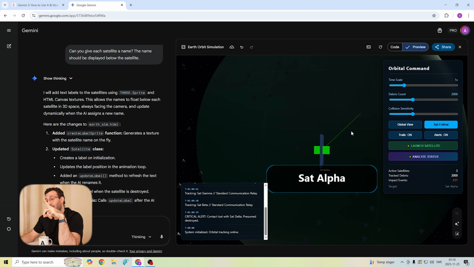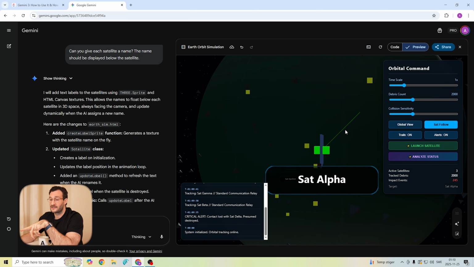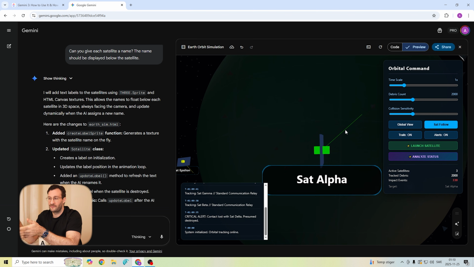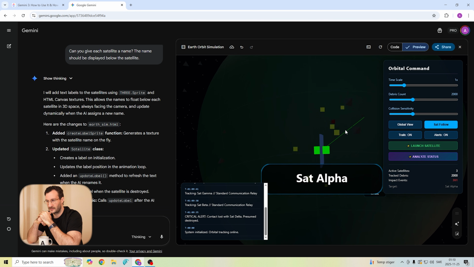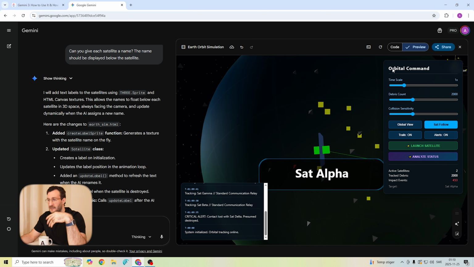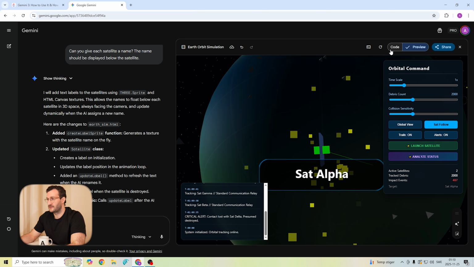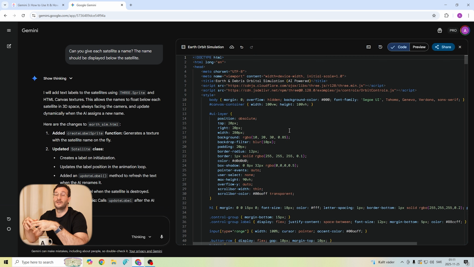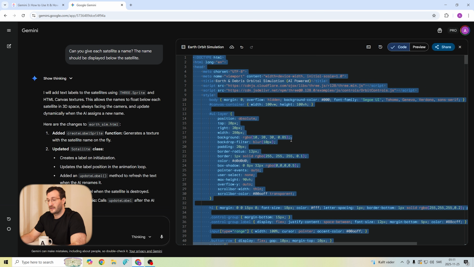Now, this is obviously a really cool feature that you can build up simulations like this. Kind of close to an MVP, right? A minimum viable product. We just dumped a bunch of ideas into this and started playing around with it. What you can also do is just pick up the whole code set. So if you click code, you'll see every line of code that Gemini generated in order to build up our simulation. If you just click anywhere, you can click Control A, it will mark everything up,